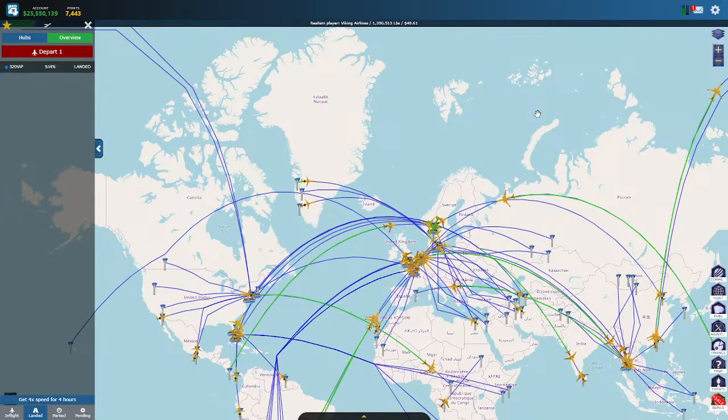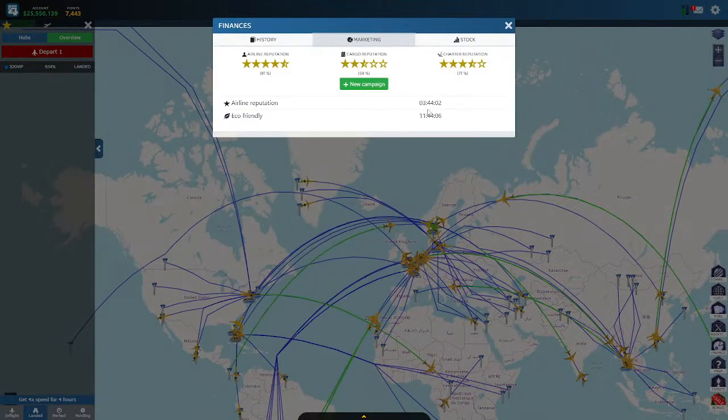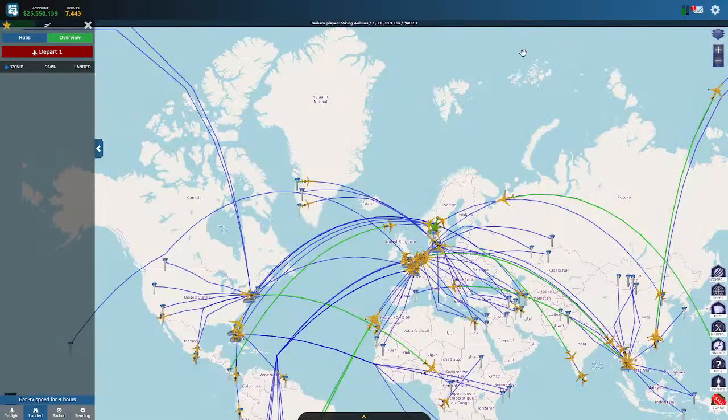And I'll check how much it is. I did it yesterday, but I kind of forgot it. I screwed it up a little here. It's New Year's Eve, you know. So I will check it now. I have to wait 4 hours now. When this 4 hour period is gone, it's 3 hours and 44 minutes left. I can do something else now for 3 hours and 40 minutes, and then I come back, and then I will send out all the planes that are on the airport and buy the fuel and buy the CO2, and then I look at the price.